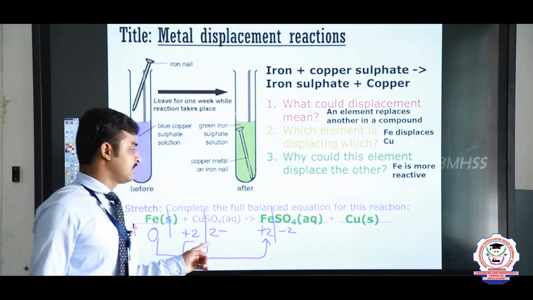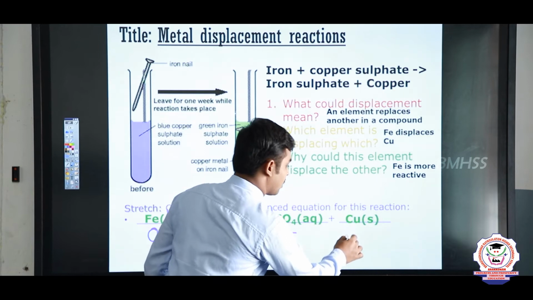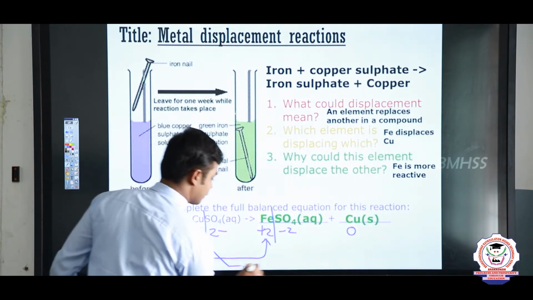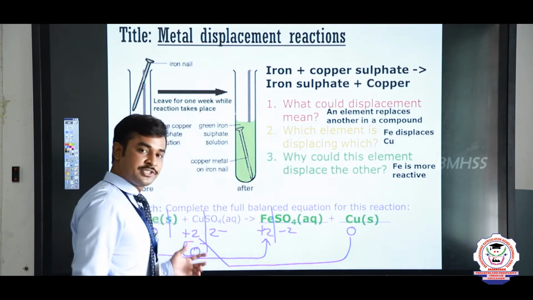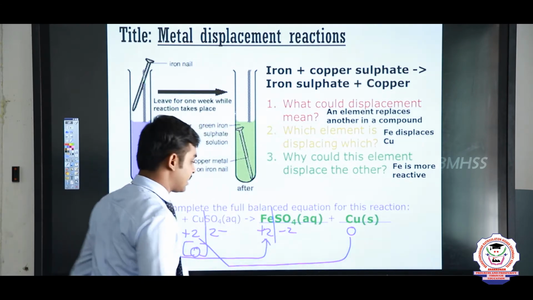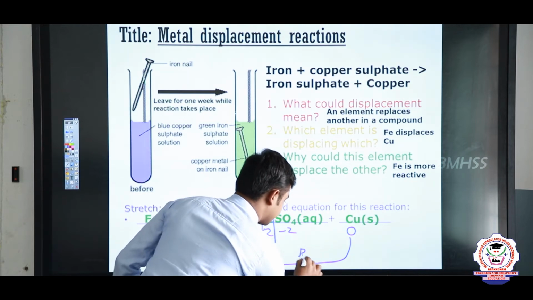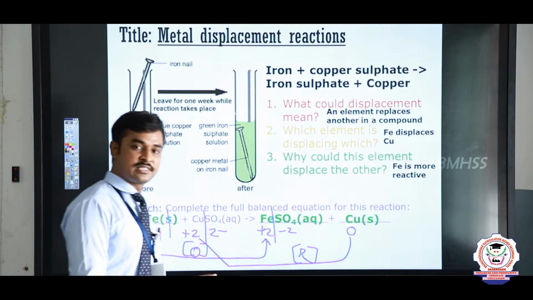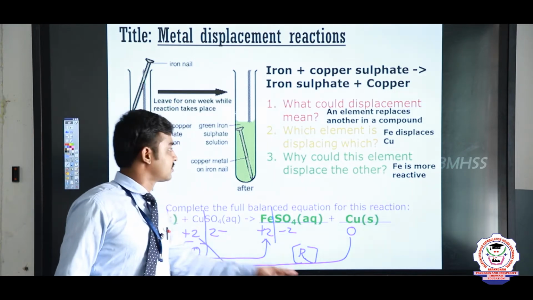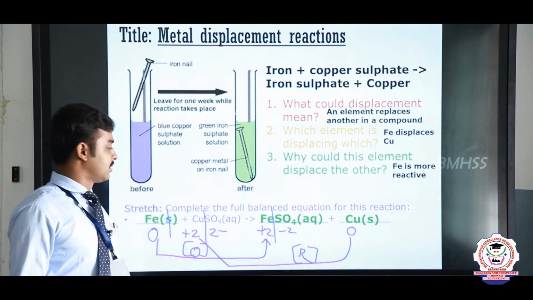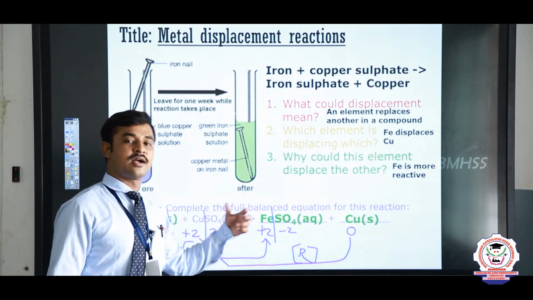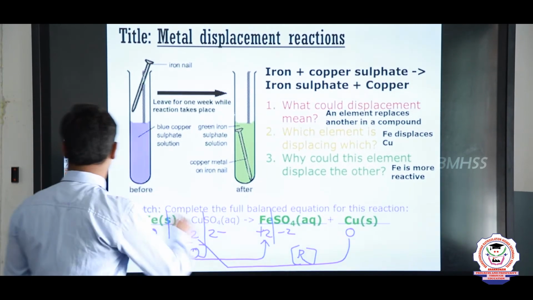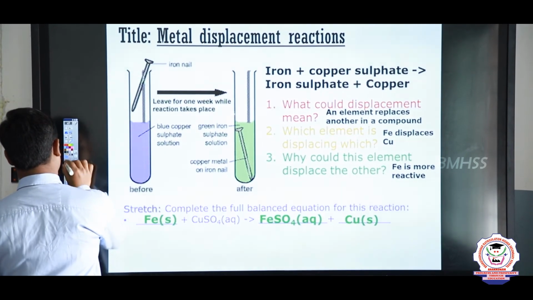And remember another thing, here single copper can have zero oxidation state. So, the oxidation state of copper is decreased from plus 2 to 0. So, when the number is decreased, it is reduction. So, simultaneously in this reaction both oxidation and reduction take place. So, this is the redox reaction in which the metal replaces another metal. So, this is the metal displacement reaction, and we go to non-metal displacement reaction.